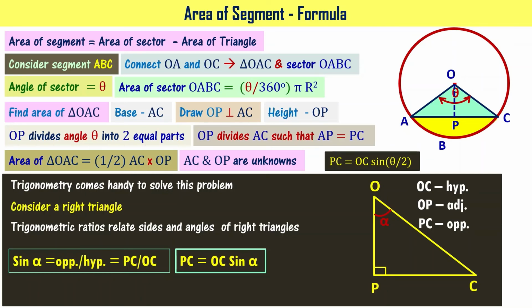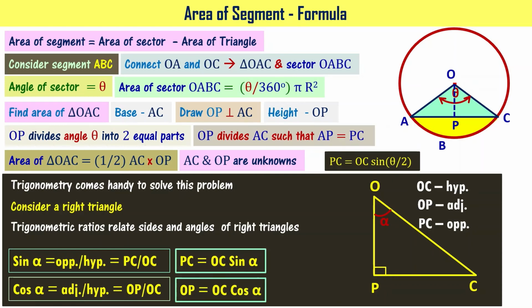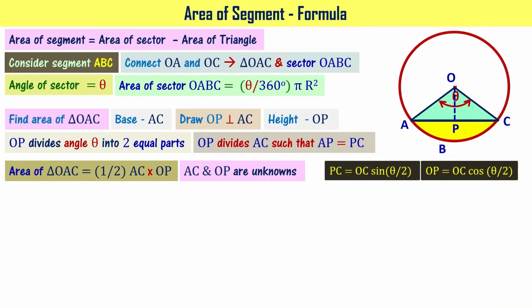Let's go back to triangle OPC shown in the subfigure where we are discussing trigonometry. We say that cos alpha can be written as adjacent side by hypotenuse. That can be written as OP by OC, right? Let me rearrange it and write it as OP equal to OC times cos alpha. We can take this formula and apply it back onto the original problem where we can write OP equal to OC times cos theta by 2. Let's take note of these two formulas and go back to finding the area.